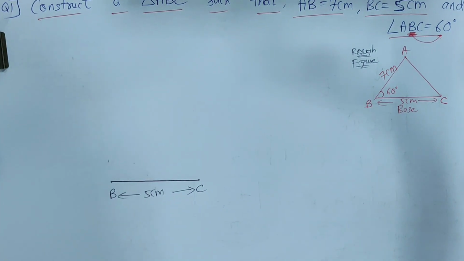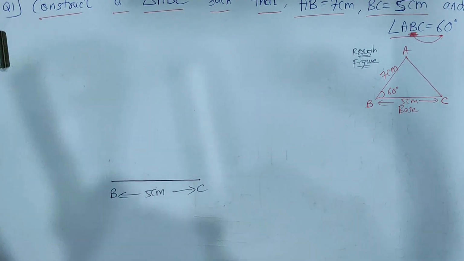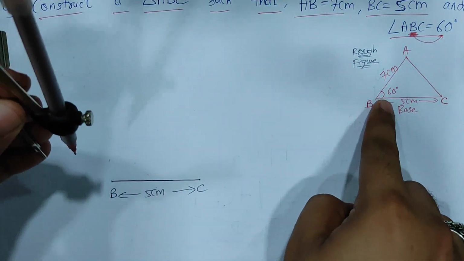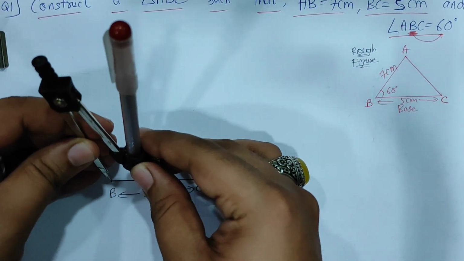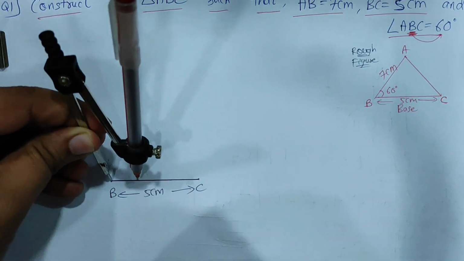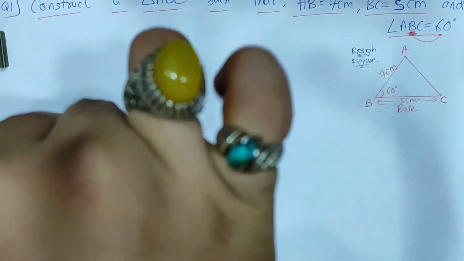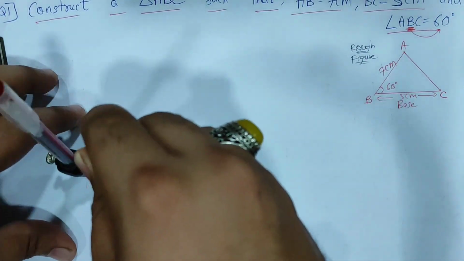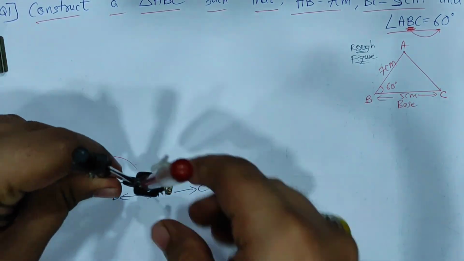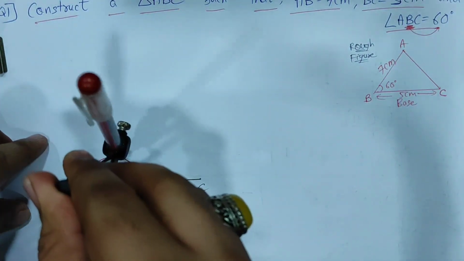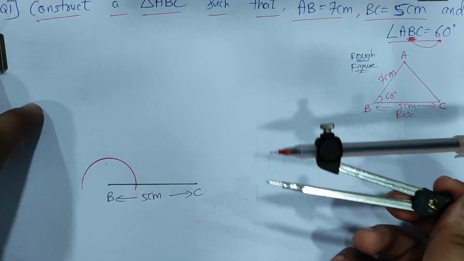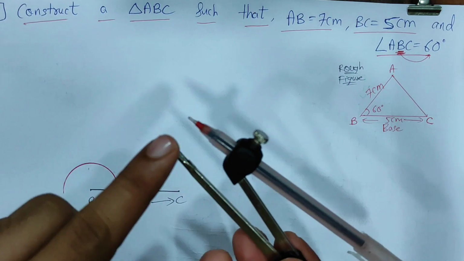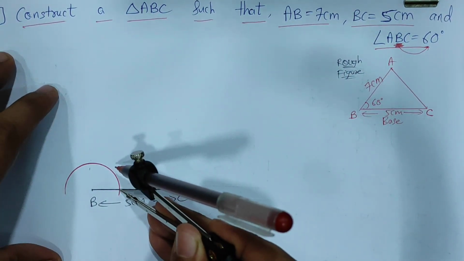Now what will you be doing for making angle B? See here, please. You will take any random measurement in the compass, okay? Because you want to make angle B as 60 degree, I'll keep the pointer of the compass at point B and make a semicircle here. Because it's a pen, it's not that smooth. Okay, like this. Now, very important, without changing the radius of this compass, keeping at this point,